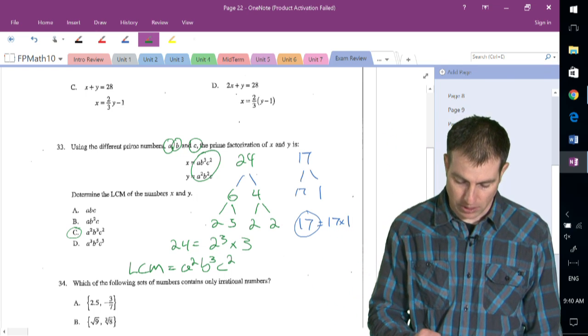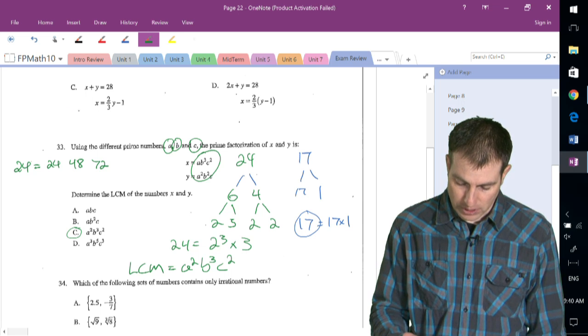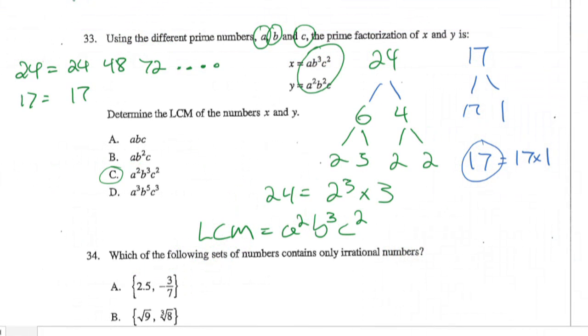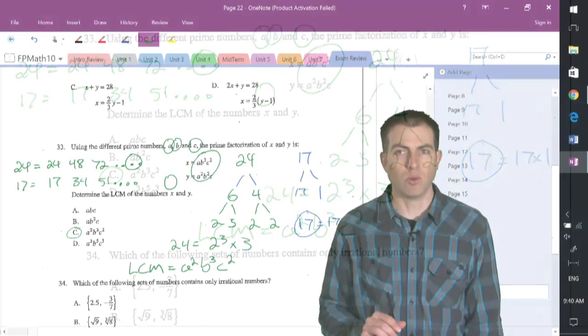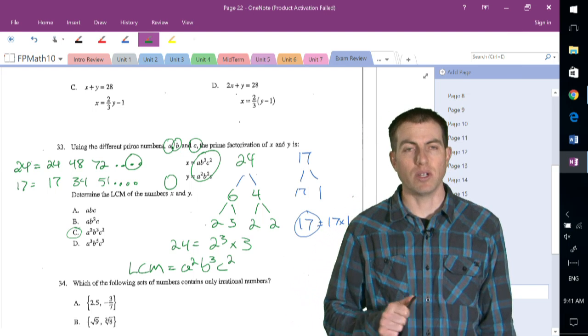So if I had 24 and 17, I could go, okay, 24 times 1 is 24, 24 times 2 is 48, 24 times 3 is 72, and just keep going like that, and then I could have 17. Okay, 17 times 1 is 17, 17 times 2 is 34, 17 times 3 is 51, and just keep going until you end up with the same number. So I would have to end up with the same number up here and then down here, and that would be the least common multiple of those two. So repeated multiplication will find you the LCM, as well as taking the largest exponent of each of your prime